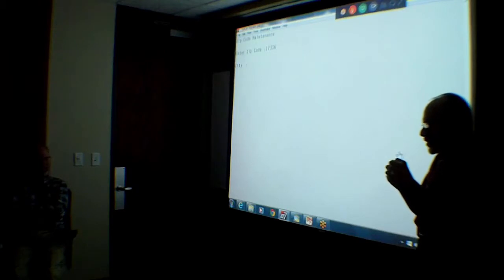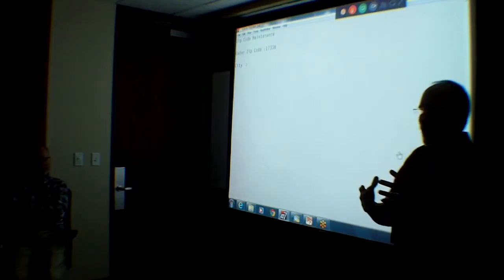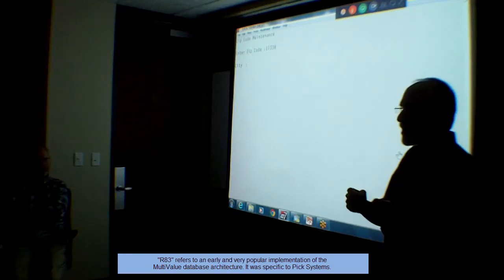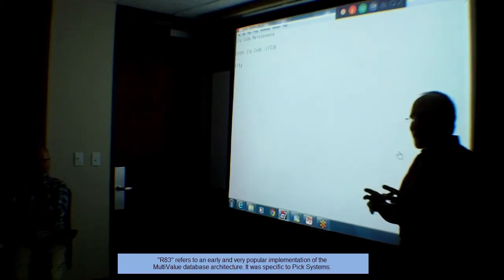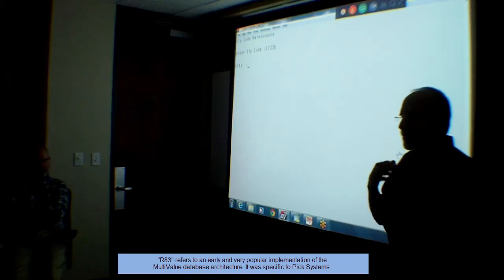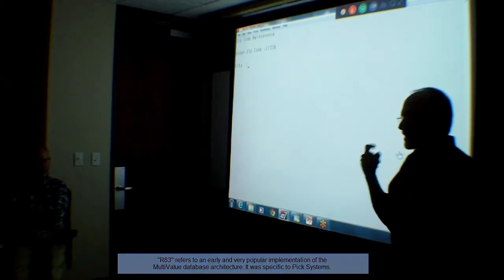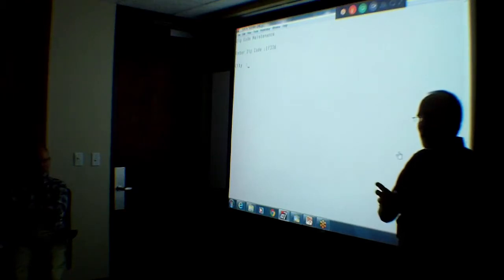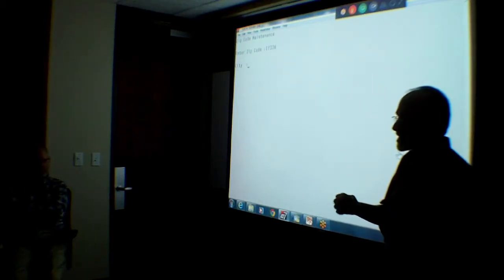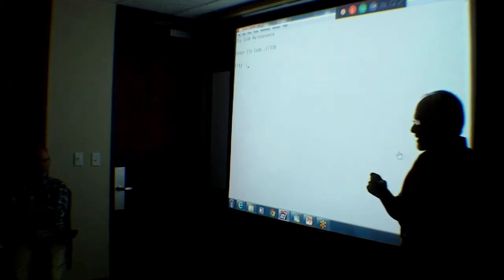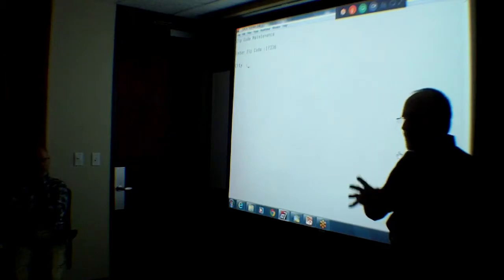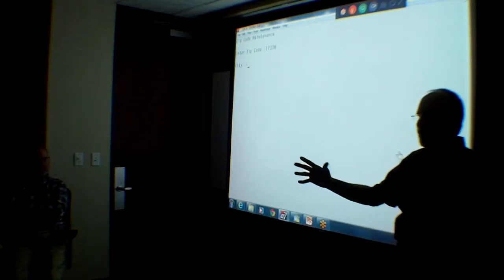And when Gary came to R83 originally, he found it to be incredibly useful and powerful, but also incredibly lacking in its capabilities of building screens. So he started doing something that was interesting to him to create an accounting application which still exists, and you'll see it later on. The important thing is that over the years that grew into its own product,